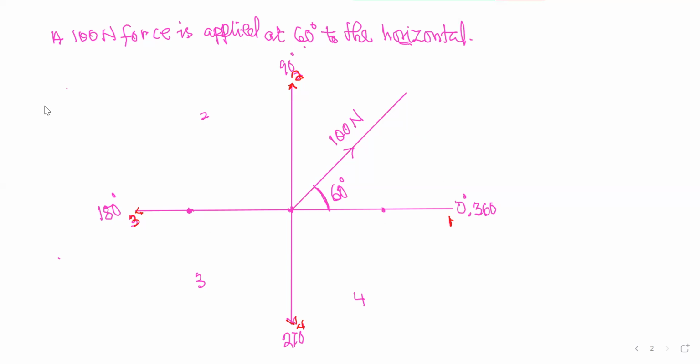Okay. So once we are told that it acts at an angle of 60, then it means we'll have a vertical component, F vertical, and we also have a horizontal component, F horizontal. Now what do we have? We have the angle of inclination and we have the hypotenuse. So we have a kind of right-angled triangle. The vertical is always perpendicular to the horizontal.